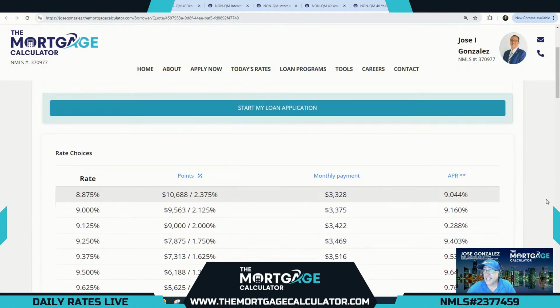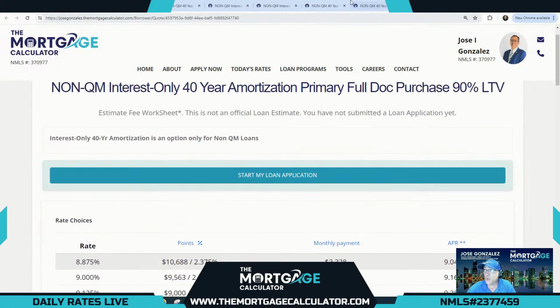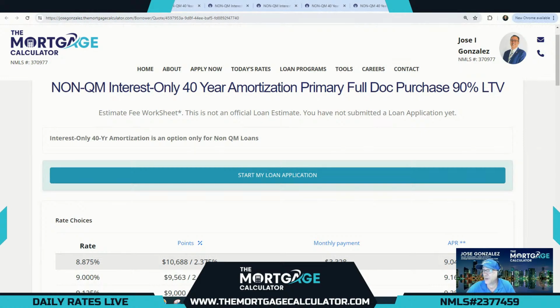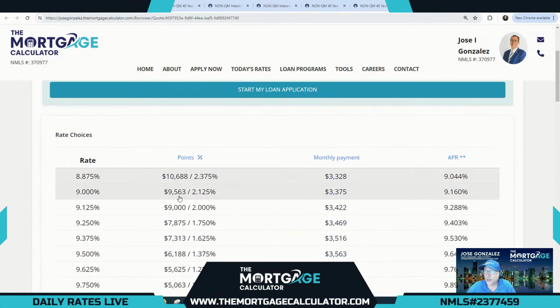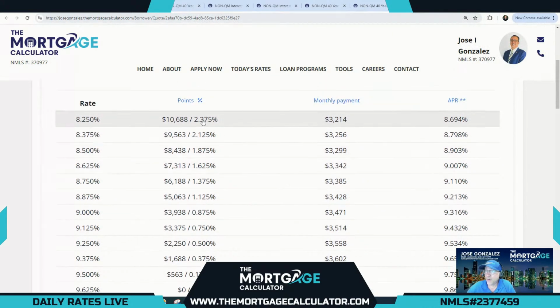All right. So I really wanted to make that comparison there so you can see, only use the interest only if you really need it. I mean, in this scenario here, rather than go interest only, right, 2.375 cost. So we can go right back over here. 2.375 cost gives us